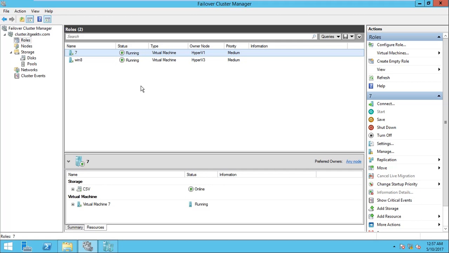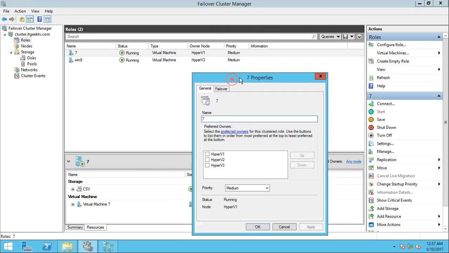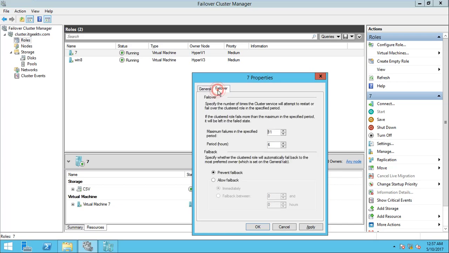Let me show you some other parts. What is preferred owner? I'll show you with an example what happens if you set a preferred owner for a particular virtual machine. Suppose that Windows 7 client machine is currently on Hyper-V 1, and I'm selecting it as a preferred owner. I'm also selecting the allow failback immediately option.